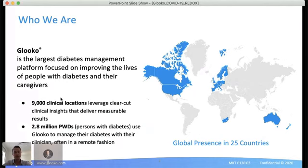So what Glooko does, across all these devices for all of our clinics, imagine an endocrinology clinic seeing hundreds of diabetic patients with a myriad of devices, is provide one platform that helps the clinicians bring all of that data for all of their patients into one location. It's one interface, one analytic platform, regardless of the device, regardless of what insulin is used, et cetera. That way the clinicians and their staff have one portal to log into to help their patients manage diabetes. And for some diabetics, type 1s, for instance, they are in the office of their clinician as much as every other week, if not more frequently, with